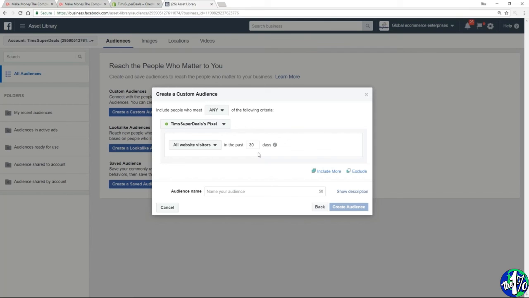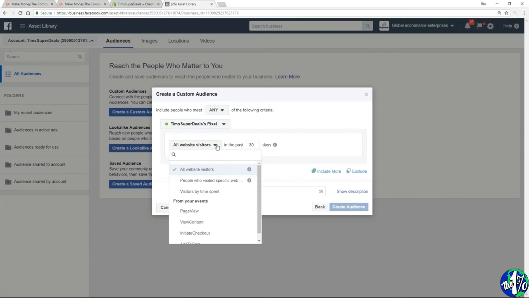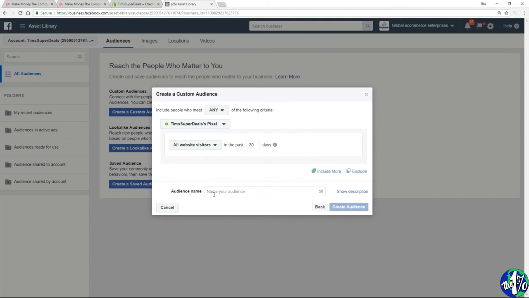Okay, that is enormously powerful. Now if we just explore this a little bit further and click on this drop down arrow, we do get various other options. People who visited a specific web page on my site I might want to target. Or if we go down here a bit further, add to cart, or maybe just viewed any page. But if we just leave it the simplest version for the time being, all website visitors,